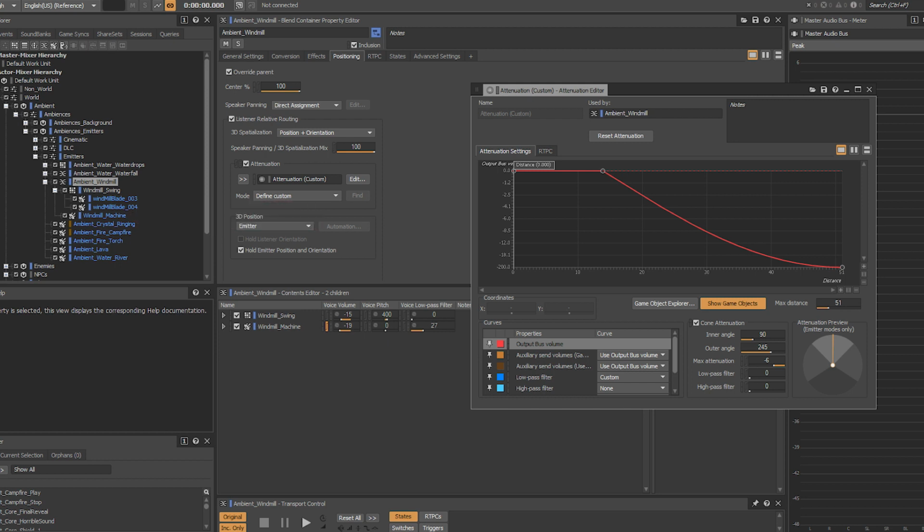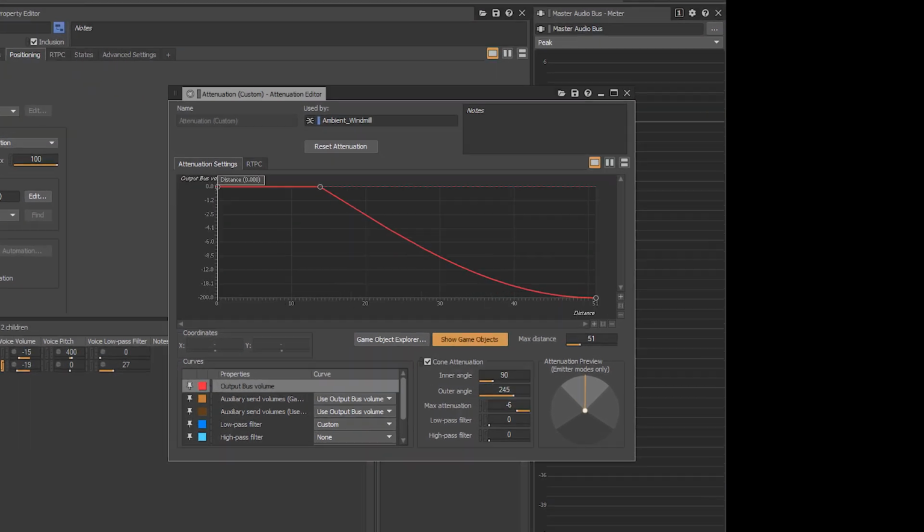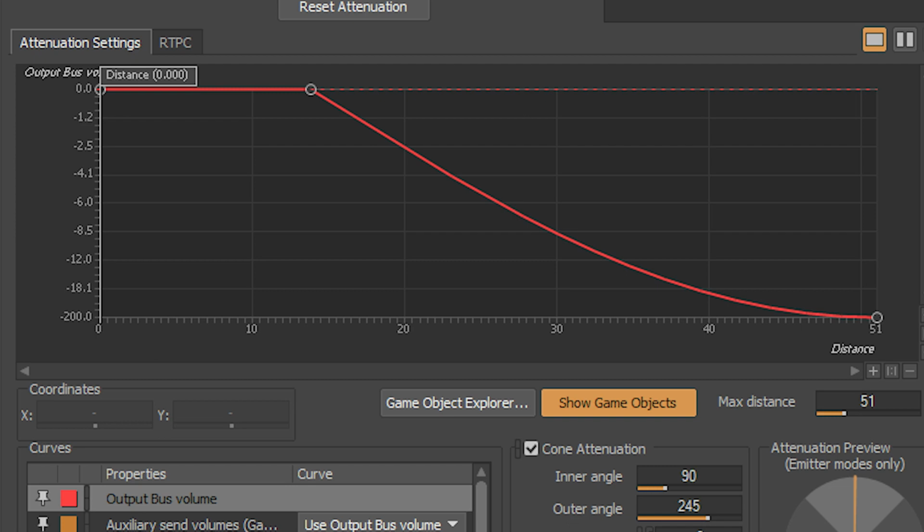I have the blend container clicked, which brings up the property editor in the middle. I then clicked the edit button under the attenuation property. What this shows is how, based on the distance in-game, defined by whatever units calculate distance in Unity, that distance the player is from this event, and whatever game object it's playing from will get progressively louder or quieter, depending